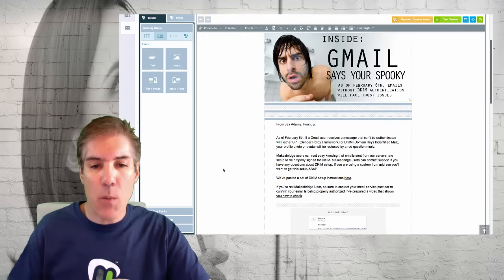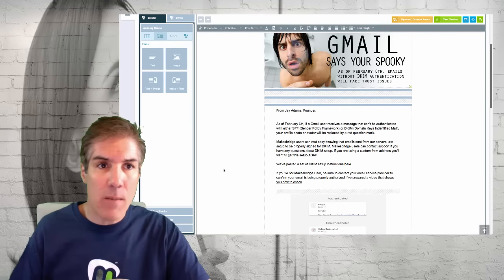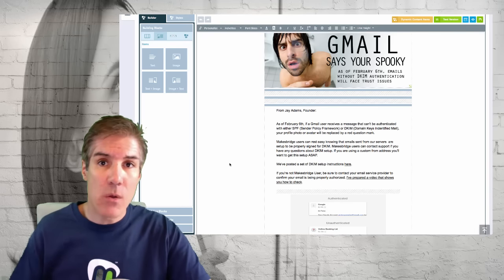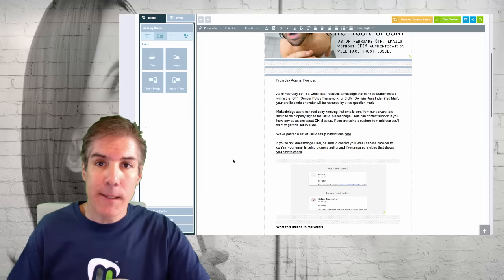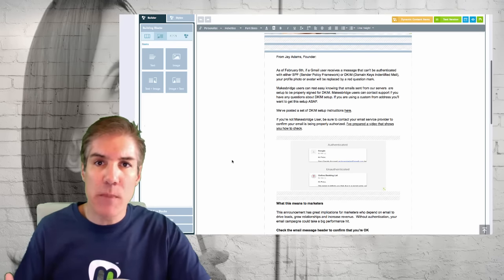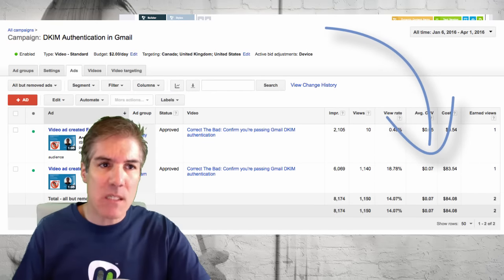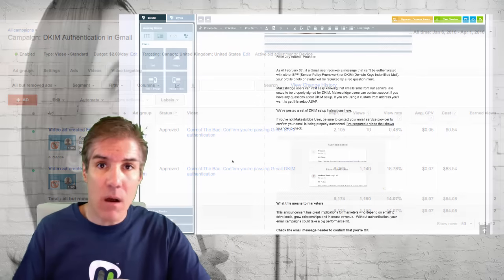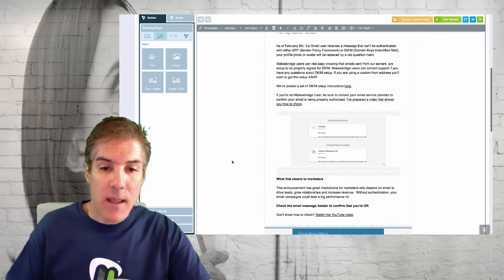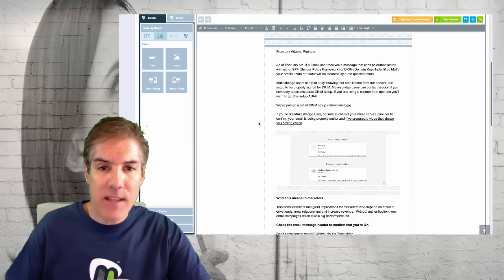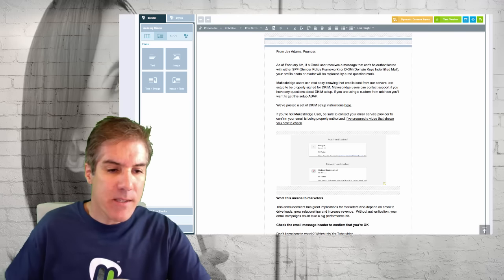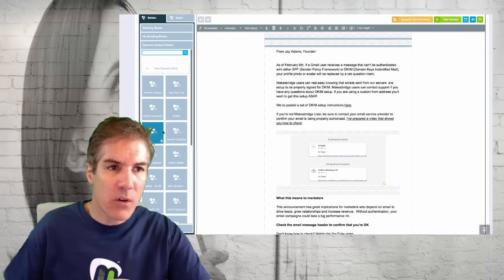If I have an email where the opener is awesome, and we had done one about DKIM, and using or checking DKIM to make sure that you don't get flagged as anonymous by Gmail. And again, we know through our YouTube advertising that this has done gangbusters for us, and it really did well on the opens and clicks as well. So long story short, I just look at the content and I see that I've got something here, and if I have new people coming into our list, let's say from Salesforce, or if they've converted off of